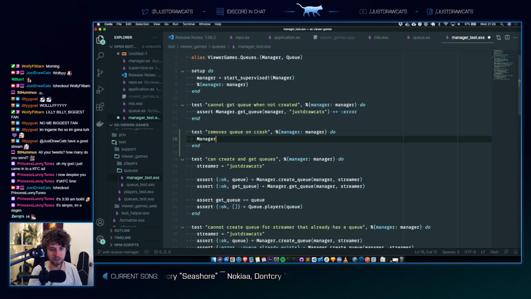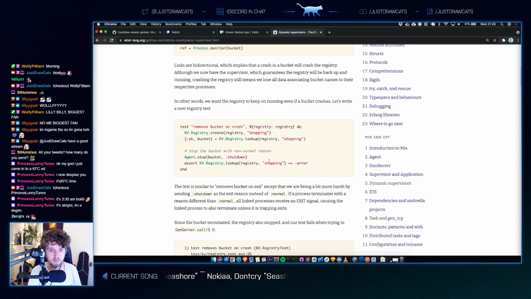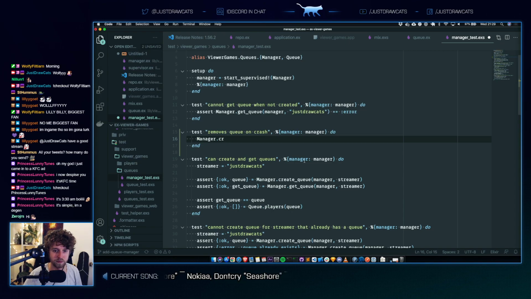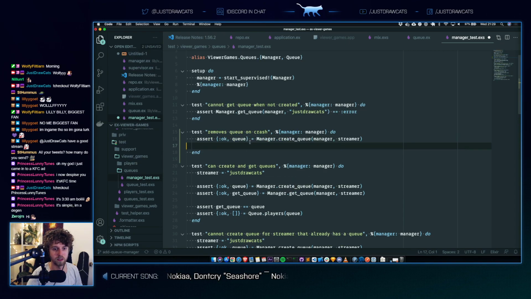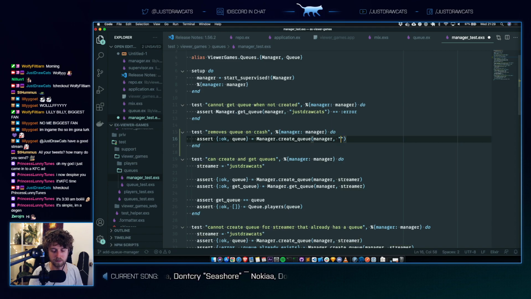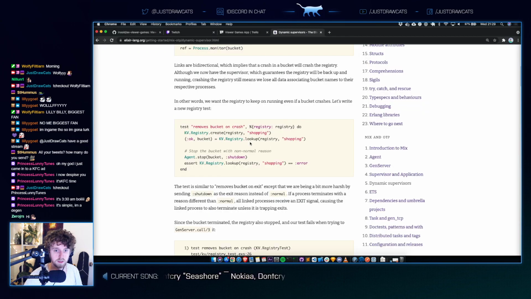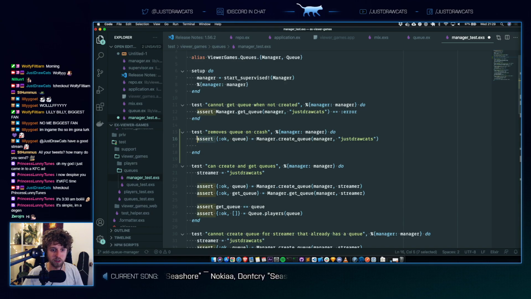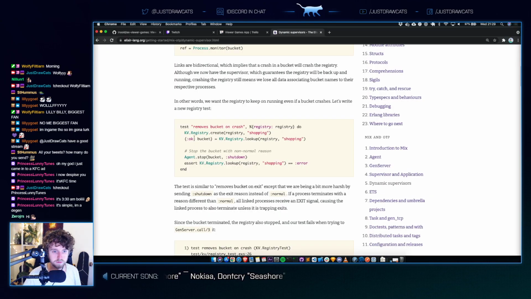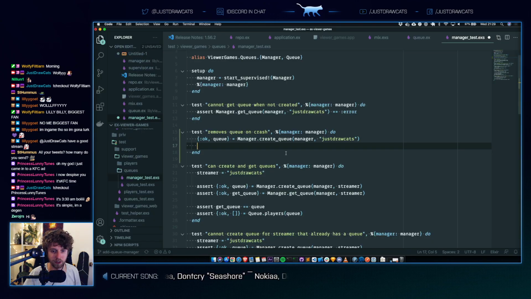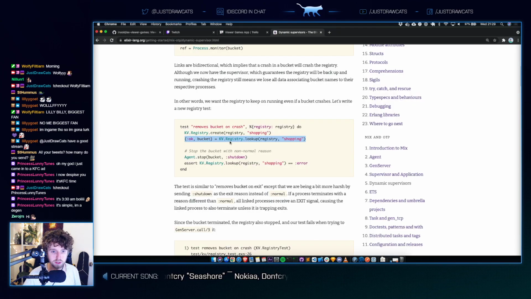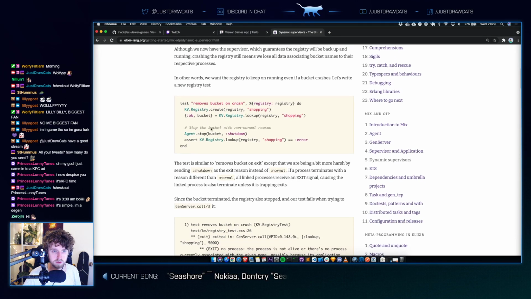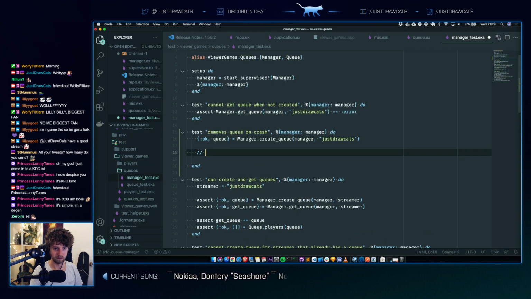So let's write it, manager. Let's create a queue, just like we've done before. Just for our cats. And then we don't assert anything. So we create a queue and then we look up the queue, but we already have the queue, so for us it doesn't really matter. And then we stop the bucket, crash the queue,